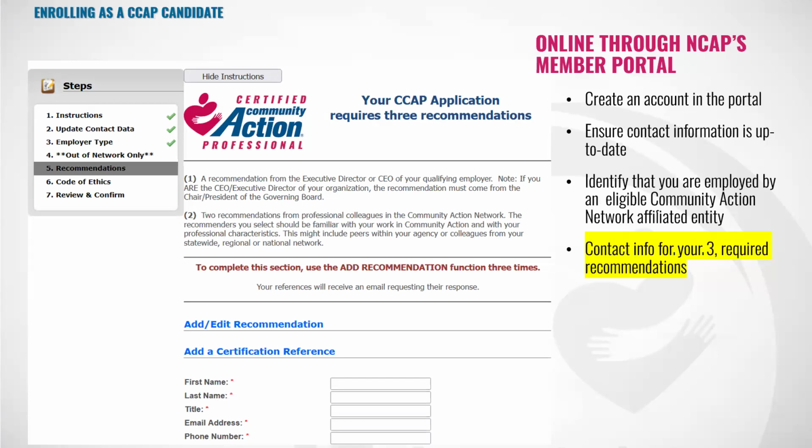And remember to put those titles in so that when we're looking, we can tell you've met the requirement to have the CEO submit a reference. We will periodically go back into your application and see if your references have responded. Because to be complete and accepted into the program, your entire application has to be fully filled out and received by NCAP. That means all 3 of those reference statements have to be finished by the deadline. So follow up on this regularly. Call us if you need to find out if references have or have not submitted.